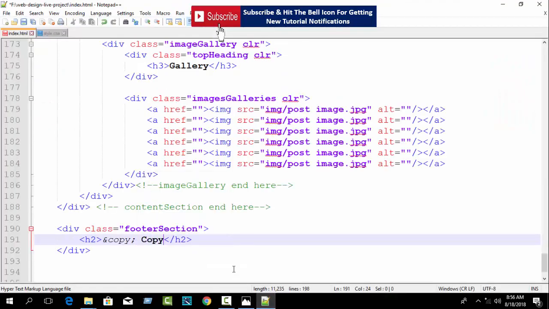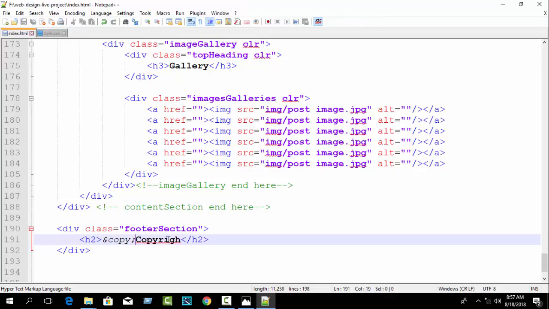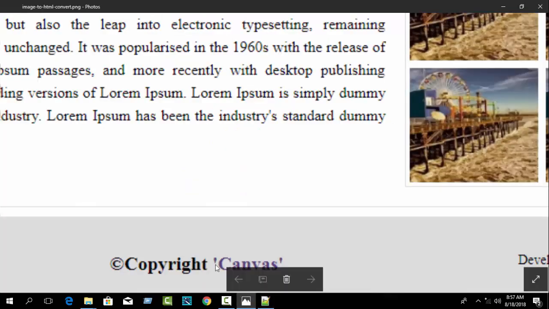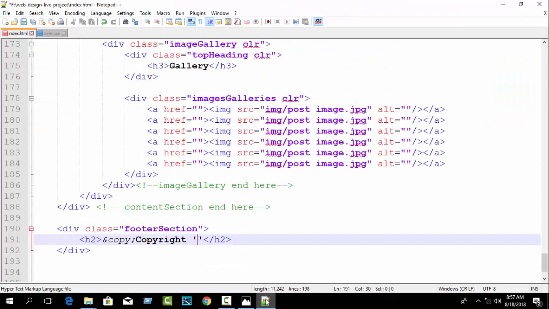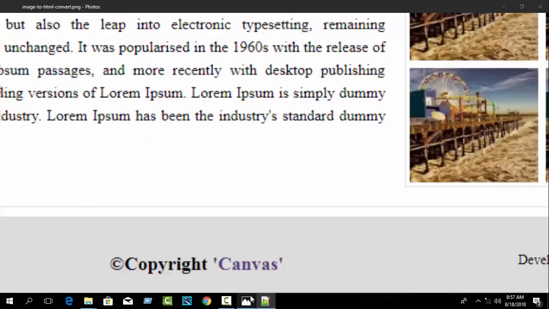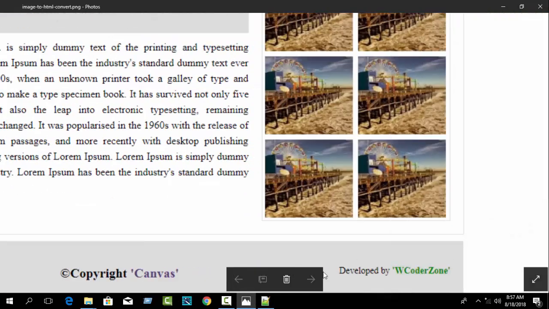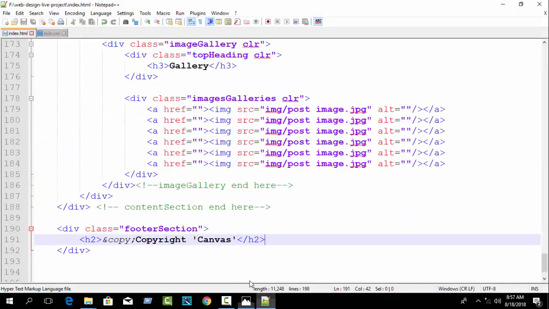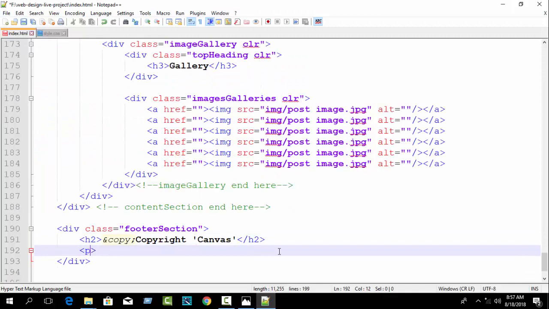There will be no space, it will be attached. Copyright, then canvas. On our right side we have developed by, so we write a p tag, p close, and write here developed by